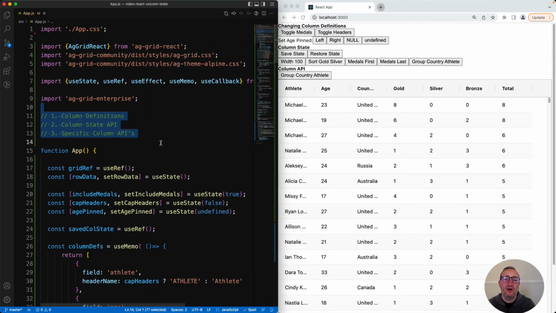We've gone through three ways of managing column state. All that's left for me to do is tell you which one you should use. Well, it's simple. Use this one, the column state API. For saving and restoring state, it's easier to work with the column state API than with the column definitions, because the column definitions have all that other column definition-y stuff in them, like header names and cell renderers, which makes things a bit confusing. Column definitions are best used for defining your columns,